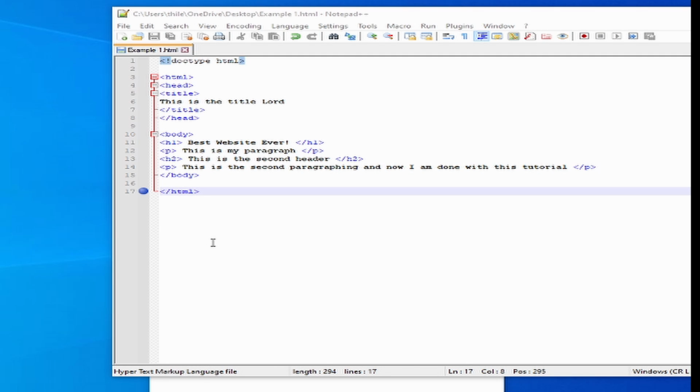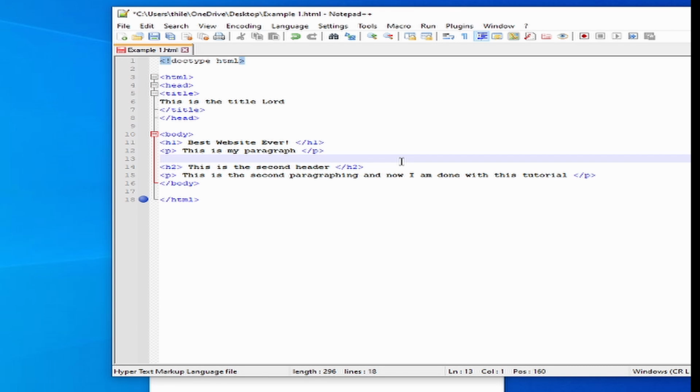First, we are going to see how to create a line between these two. Like for example, if you see items on eBay, between one item and another there's a gap, like divided. Those kinds of things are done by this method. Let's say I want to put a line after this paragraph. So what I do is I just put hr, space, backslash, and then I close this one, and when I save and open,